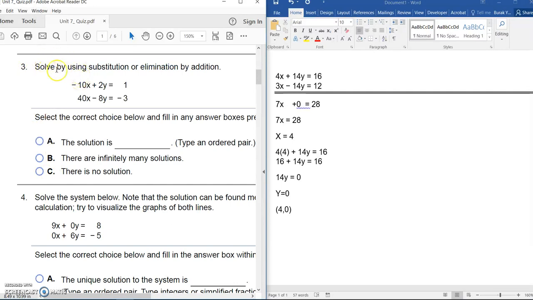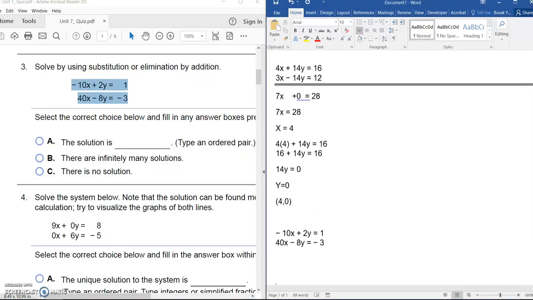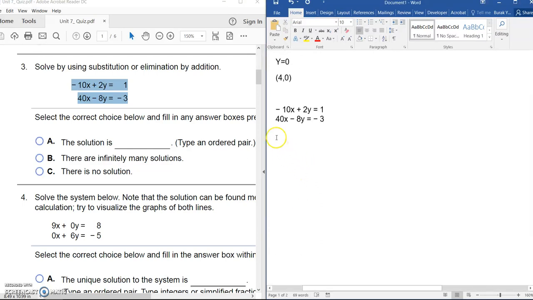Question 3, solved by substitution or elimination. So let me copy these equations. So here, I would actually use elimination, because you see here we have a negative 10x and we have a 40x. So if I can turn this into negative 40x, then they would cancel each other out. And we can easily do that. All I have to do is just multiply this top equation by 4. So if I multiply this whole equation by 4,